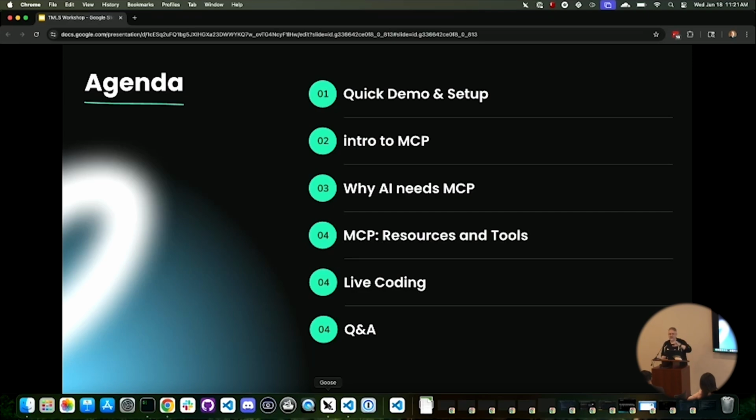There's a little bit of setup involved, and while you all are doing that setup, I'm going to talk a little bit about what is MCP and how to get started on that. And then at the end, I'll share some